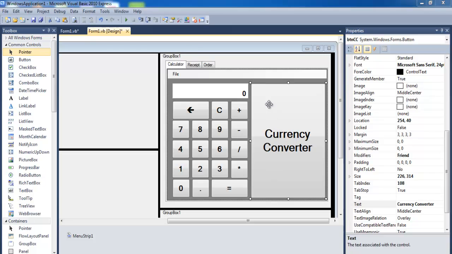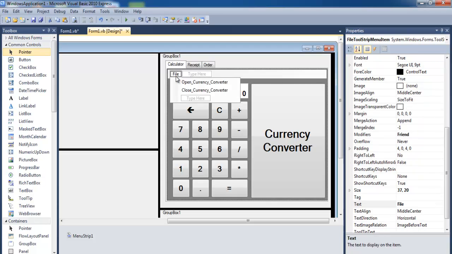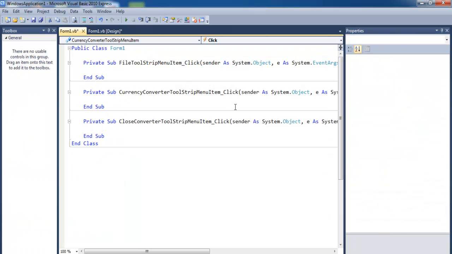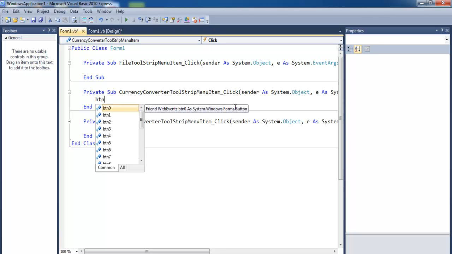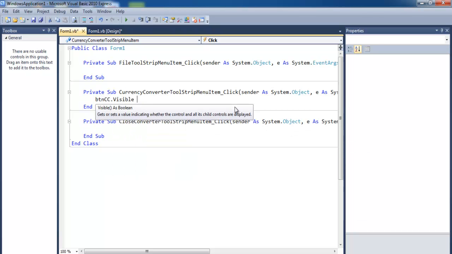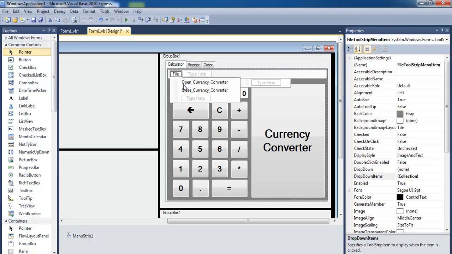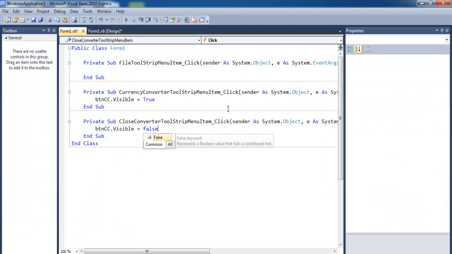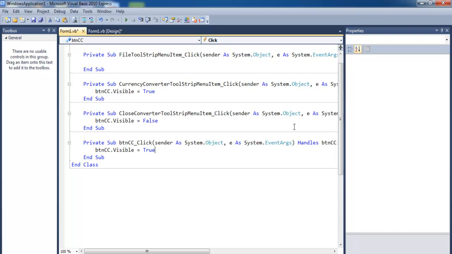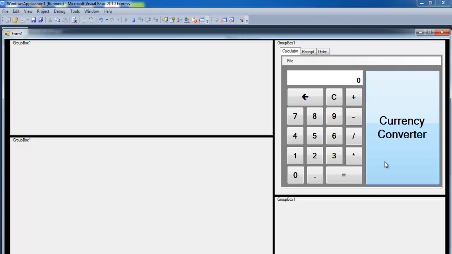Okay, now with the currency converter button in place, all I just need to do is go into the File menu here, double click on Open, and we can just say btnCC.Visible equals true. Okay, that will open it up, we also need to be able to close it. So let's come in here and double click on this, make that false there. Okay, we can also click on that same button, this one right here, double click on it, then we can open it that way. So if I run the program now, I can click, I should be able to,